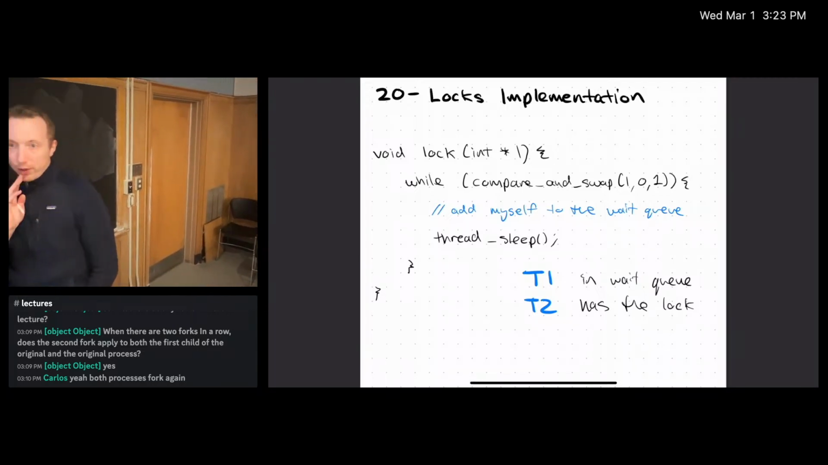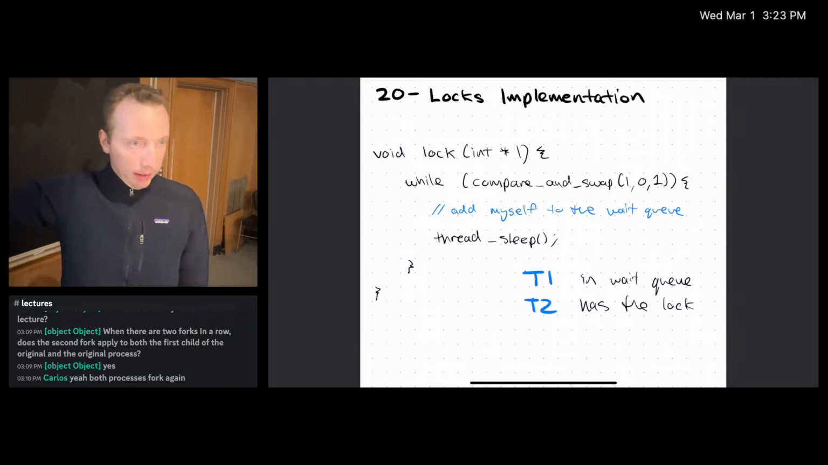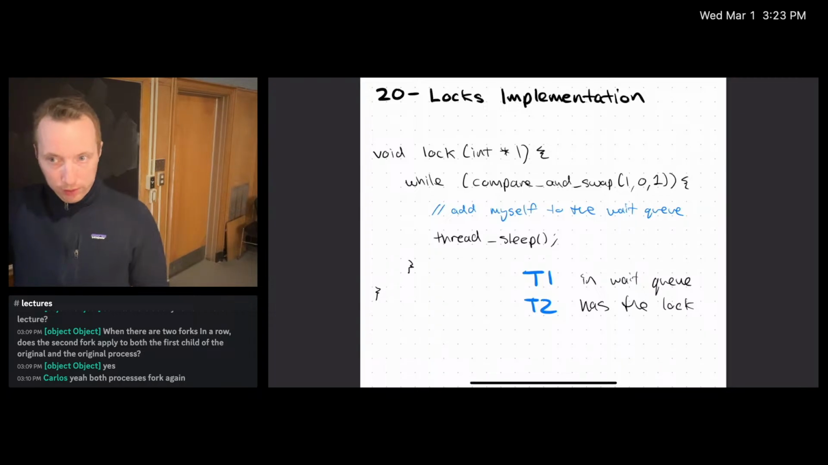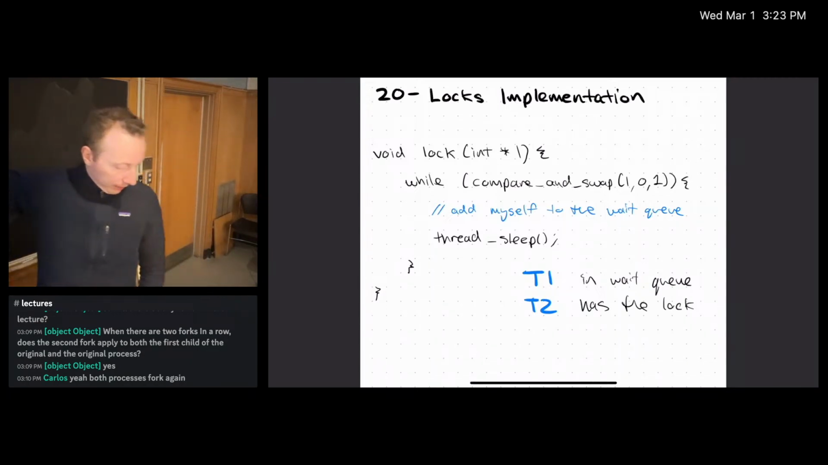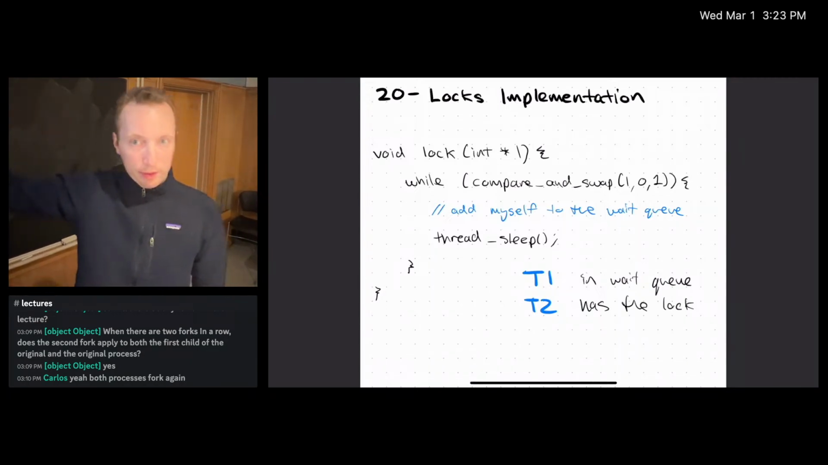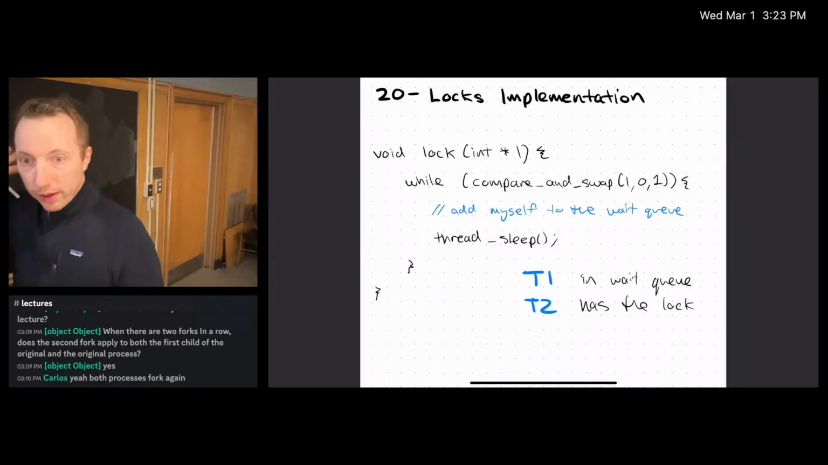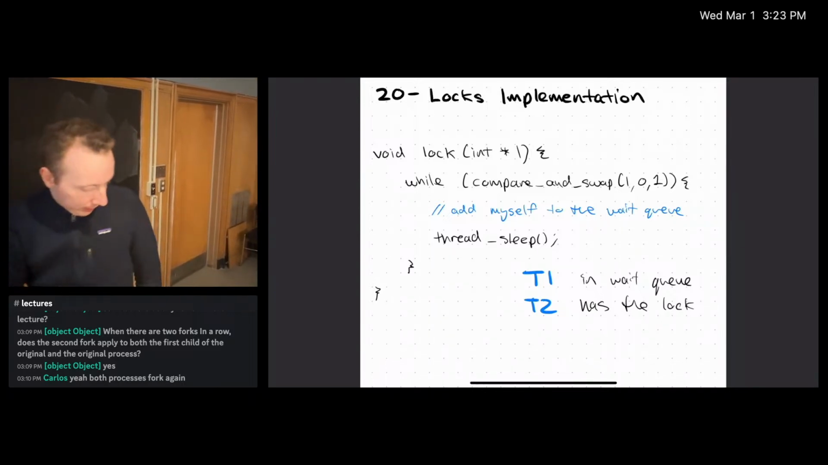So this is our scenario. T2 has the lock. It's going to unlock it at some point, and T1 is first in line. It tried to get the lock. It executed, put itself in the wait queue, and put itself to sleep. So there might be a scenario where T2